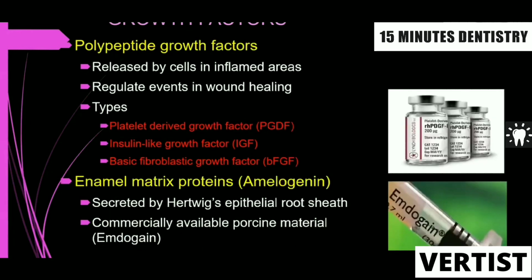These are some growth factors which are available in the market. They are released by the inflamed areas, and they also regulate wound healing, like platelet-derived growth factor, insulin-like growth factor, and basic fibroblast growth factor. Then Emdogain, which is commercially available in the market, helps in regeneration. These are basically enamel matrix proteins like amelogenin, which are secreted by Hertwig's